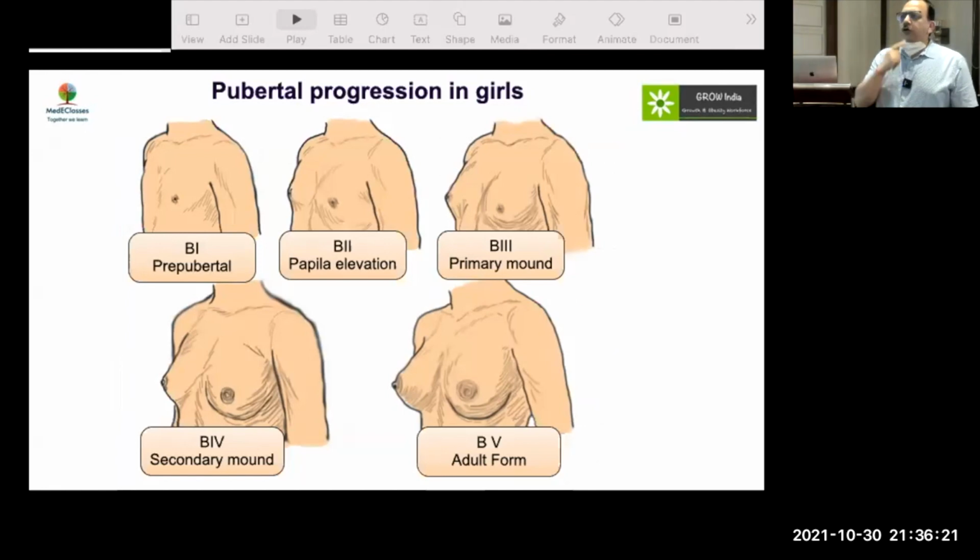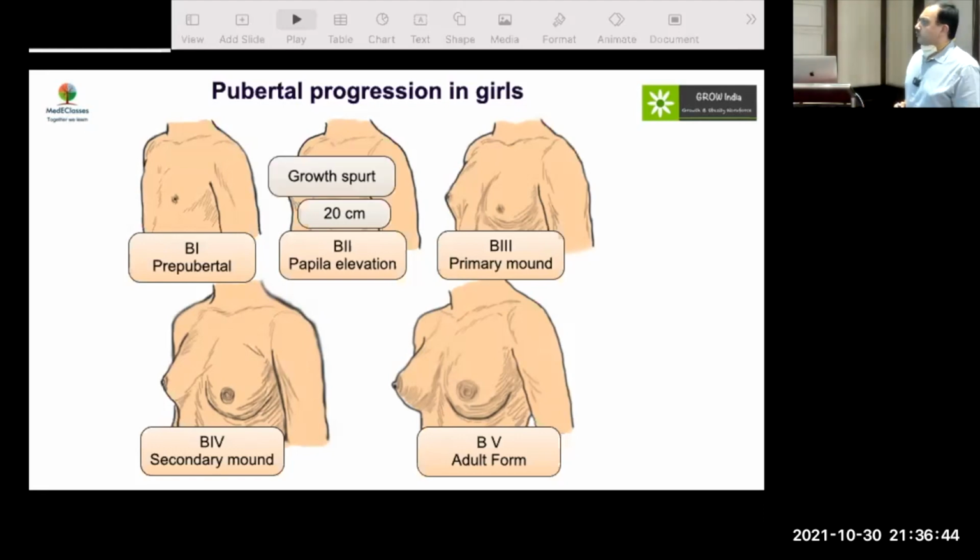And breast stage 4? So you are very close to menarche. So if you know breast stage 2 and 4, your work is done. Breast stage 2 is simply, you have got 20 centimeters from here to grow. So you basically palpate between your thumb and finger. If you find resistance, this is breast stage 2. If there is no resistance, this is lipomastia. This is what you can identify from there. From here, the height will increase.